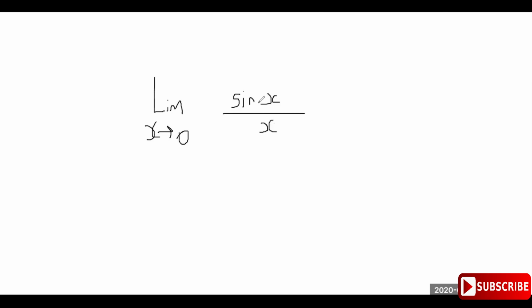It doesn't even have to be x, it can be sine of ax over ax. And this question gives us the limit as x goes to 0 of sine of